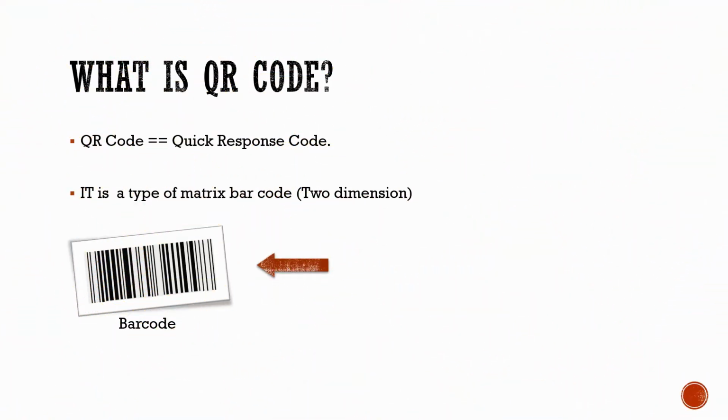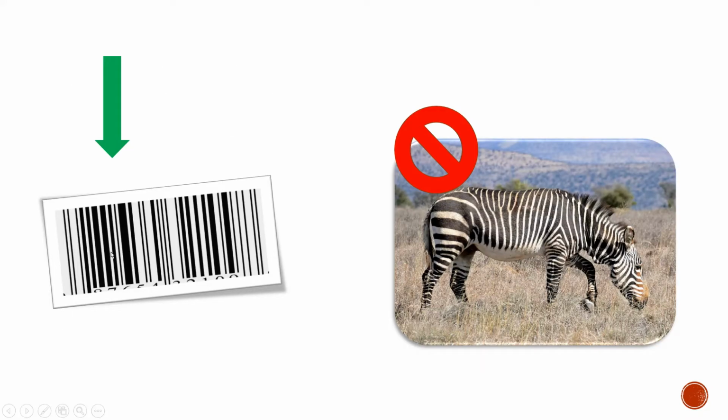Barcode looks like this. You must have seen this before. These barcodes contain some information, like when you go for shopping and they scan your product barcode and the price of the product automatically goes to their computer by which they generate the bill. Barcode consists of black and white strips. This is barcode and this is not.